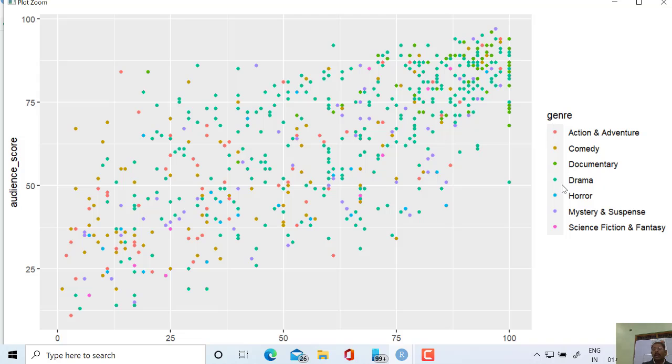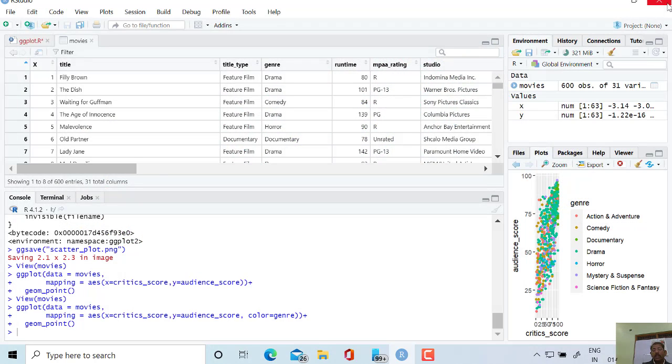So every type of movie has been represented by a different color, and this looks so interactive also, and includes more information than the previous one. By using aesthetic mapping with the ggplot2 function, we can add interaction to our plot also.